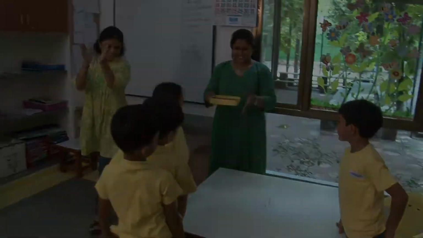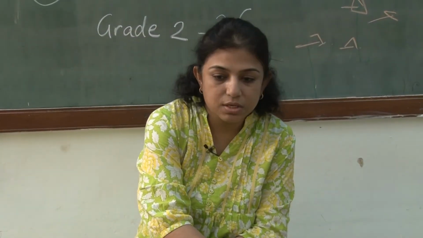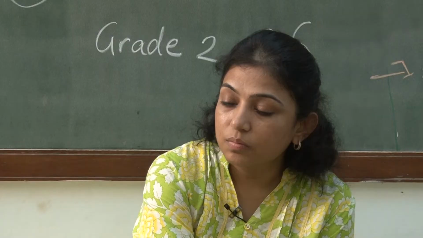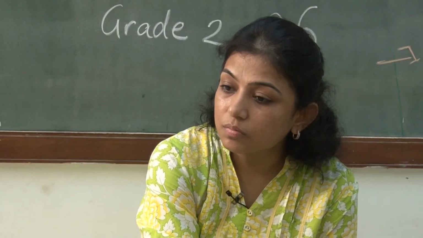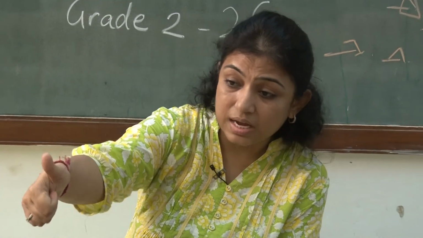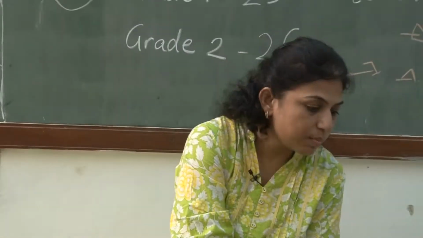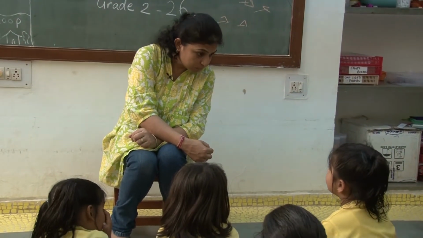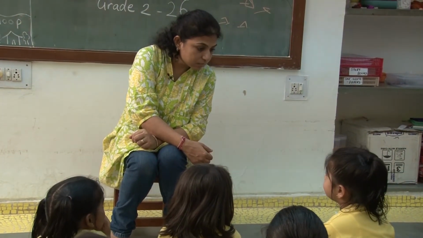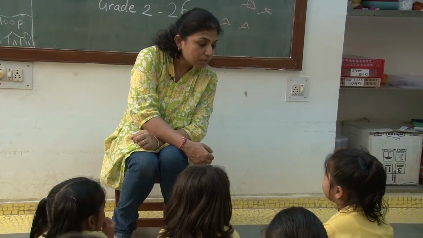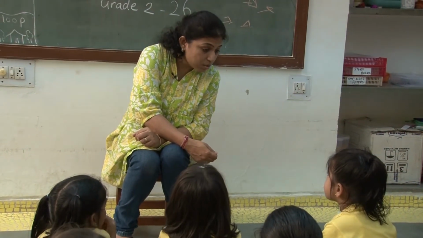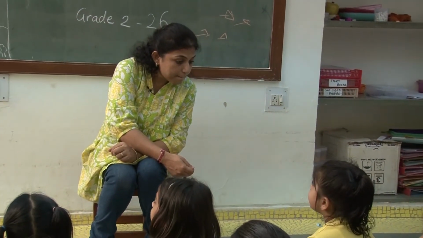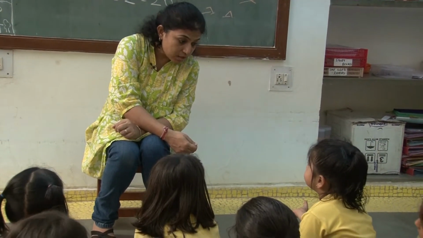Thank you very much. K2, what did we learn from this session? What did you learn that was very important for you all to do? We learned that we have to count fast. Counting fast is important. Yes, Samaira. We learned that we make a group and we always sit as a group and work together. You have to work together as a group, right? If you don't work together as a group, what will happen? You will get confused.